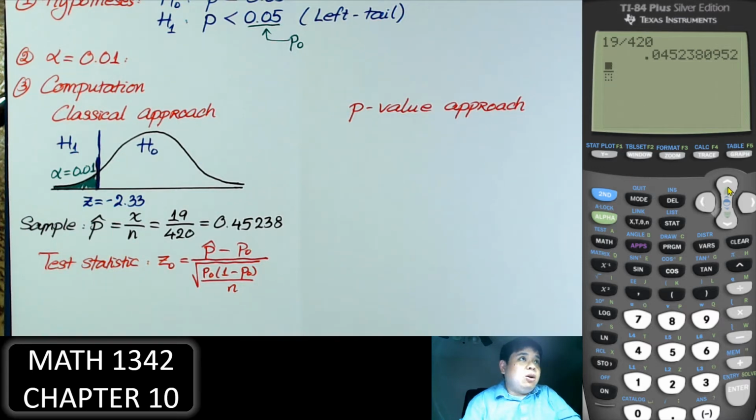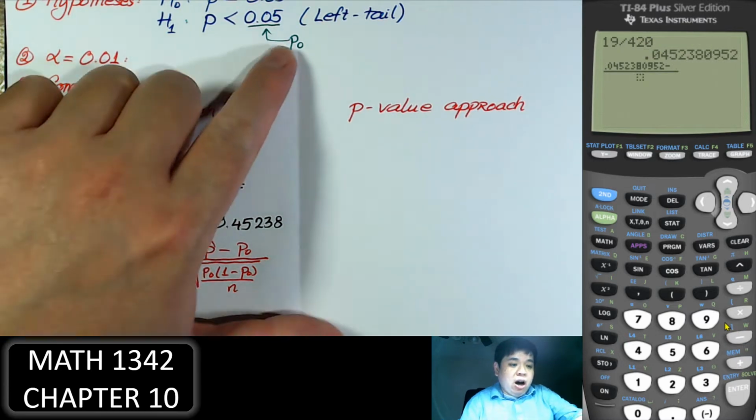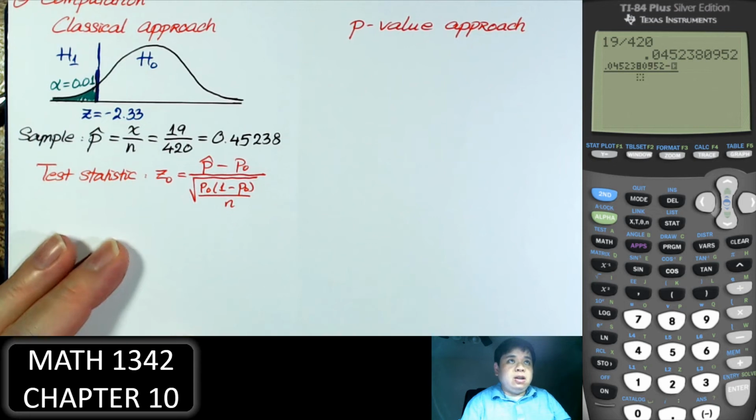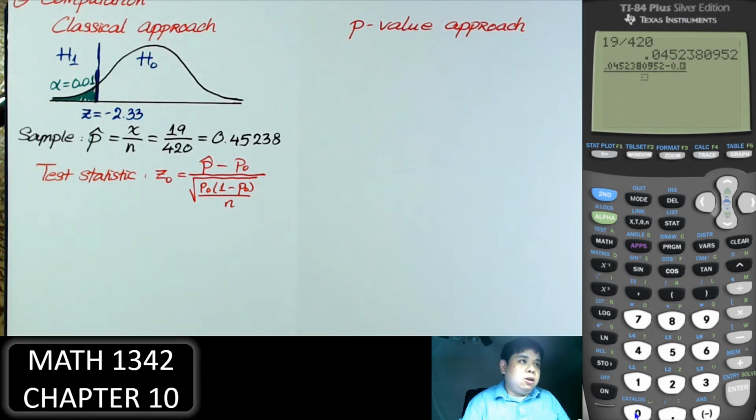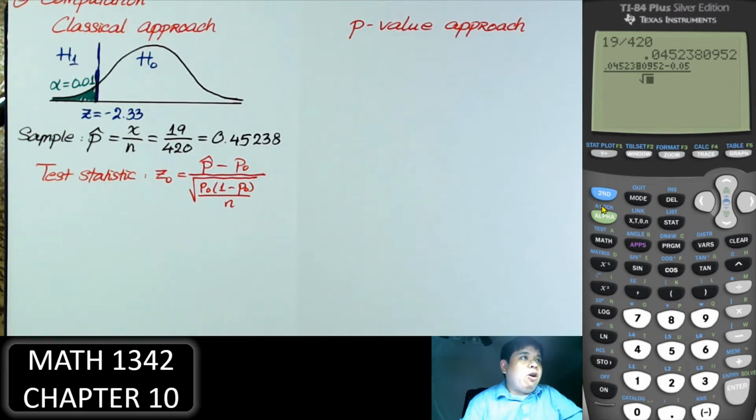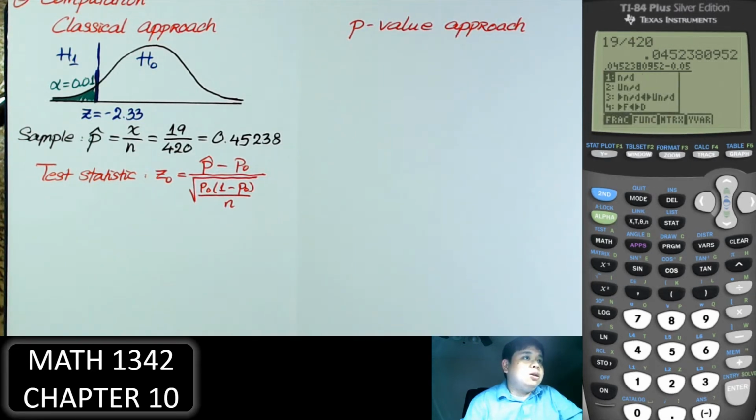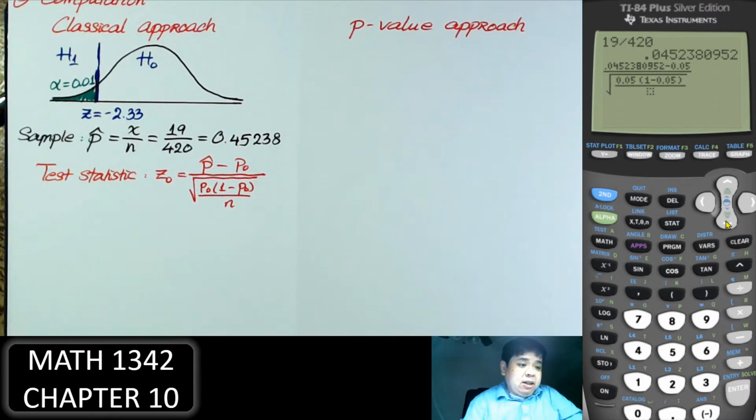Take p hat, whatever that number is, subtract the p naught, 0.05, over the square root of another fraction, p naught times 1 minus p naught, p naught meaning p sub 0, divided by the n, 420. Do that, and we have negative